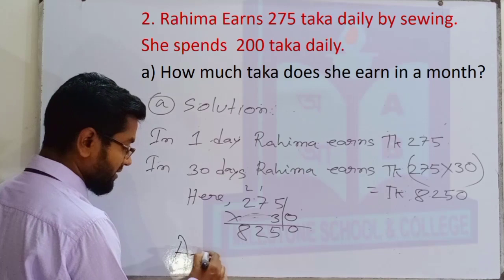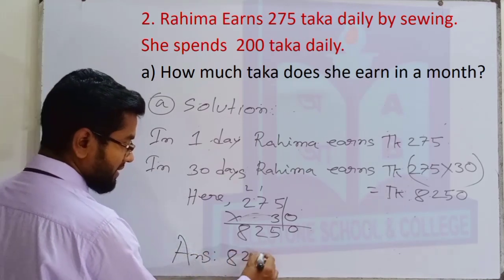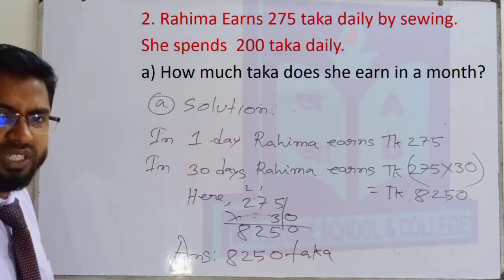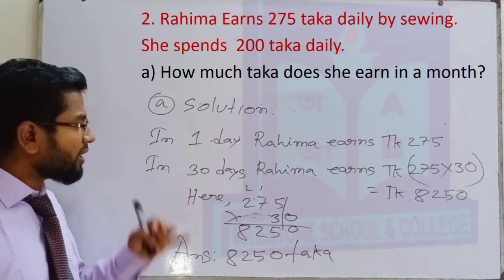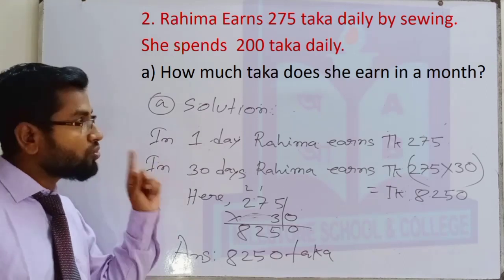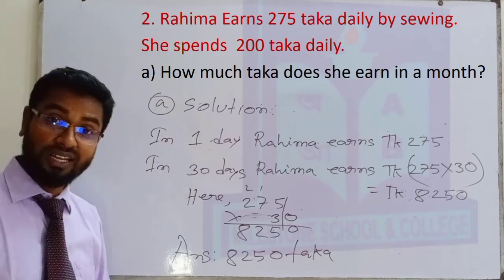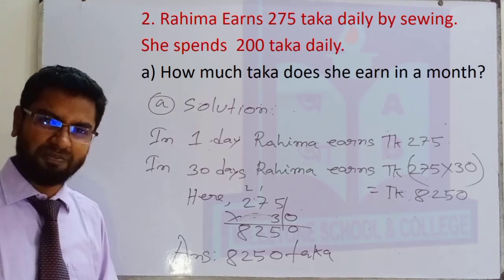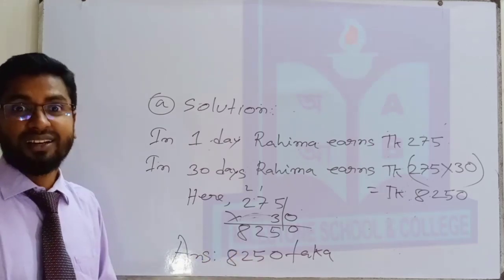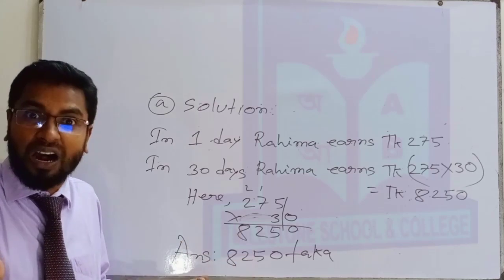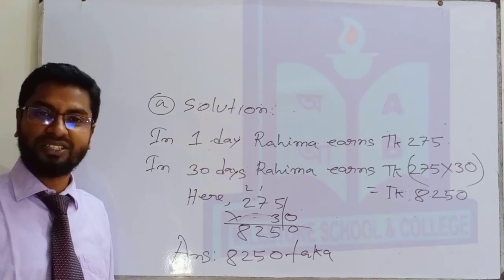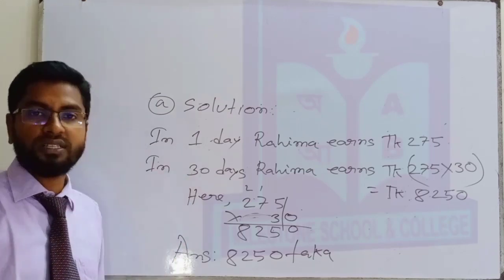So we will write the answer. You must write the answer. Creative question. I have seen somebody writing only the answer. Actually, it is not allowed. You should show the process. The word is creative. By hearing creative, you think, oh, what a math, I don't know, it will be very hard, like a Royal Bengal Tiger. Actually, it is not like this. It is a very easy question. If you read, you can do it.